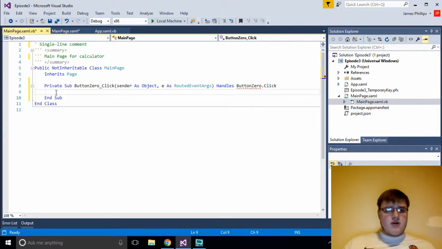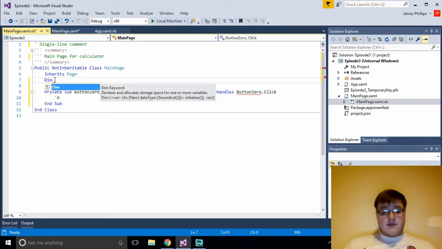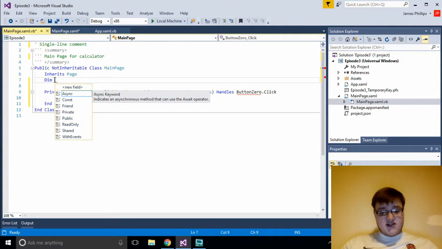So we're going to send the value that this gives, because it gives the value of 0. We're going to send it somewhere. It needs to hold the variables that we're going to be using in our sub. So we're going to create some page level variables. The variables we're going to be creating are quite simply a first number and a second number and the operator we're using. To declare variables in Visual Basic, because it's a basic-like language, we use the word dim, which is short for dimension. So we dim first num,